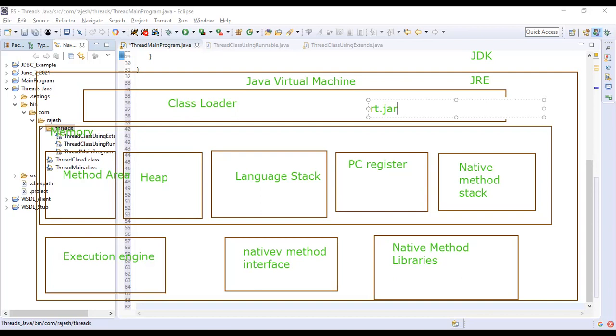Now this Java Virtual Machine is a different topic, not related to JDK and JRE. So JVM is the specification, and JRE is its implementation. JRE comes from